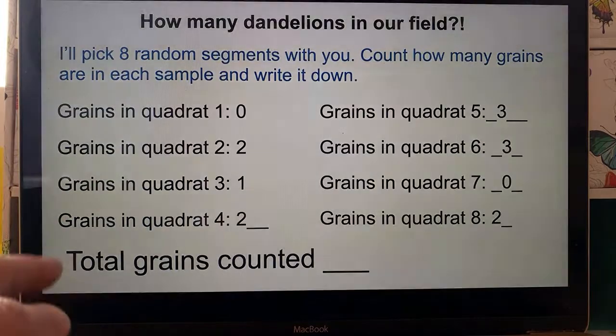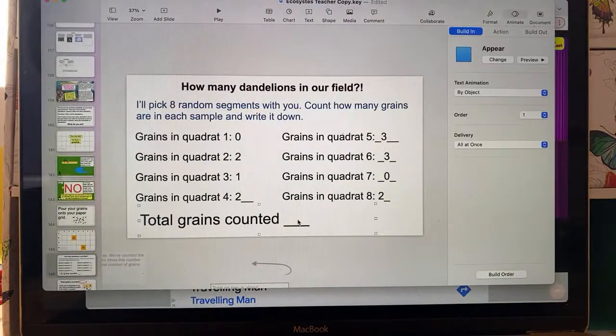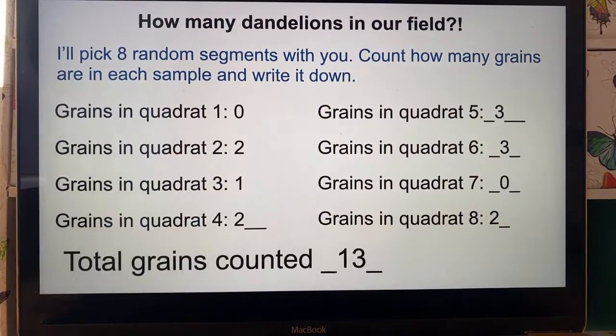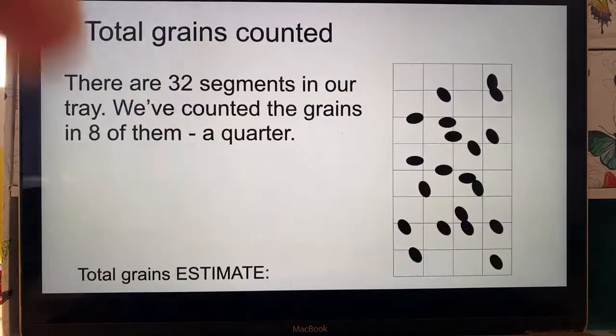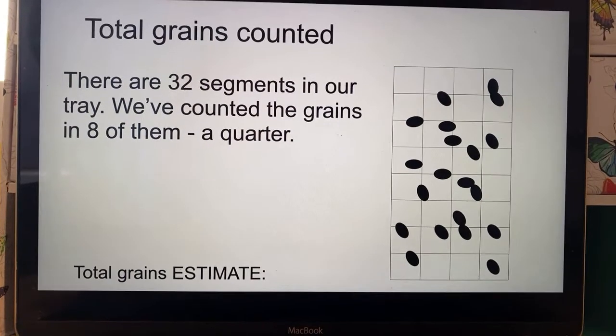Right. Oh, that's interesting. Very interesting. So I get 13. Which is interesting for me because I know for a fact that there are 100 grains in my field because I counted them before. You don't need to count them yet. But what we're going to do is, how are you going to use that number